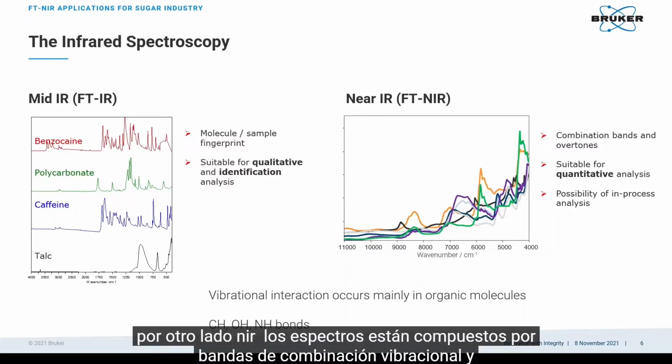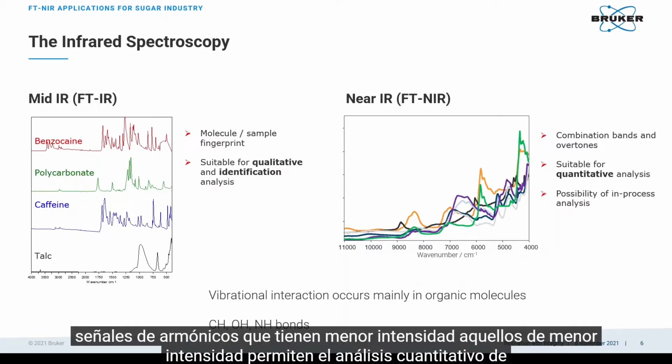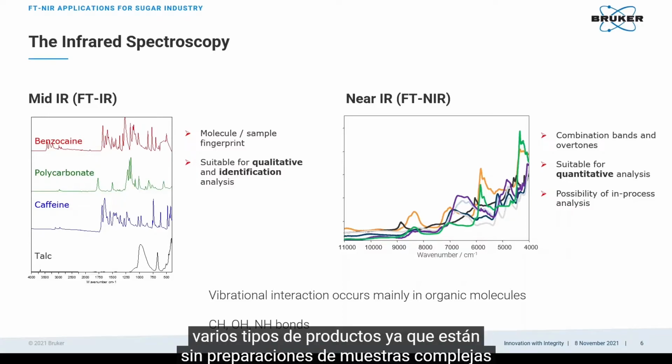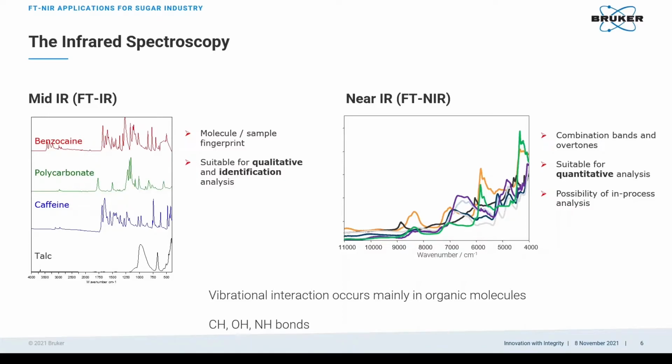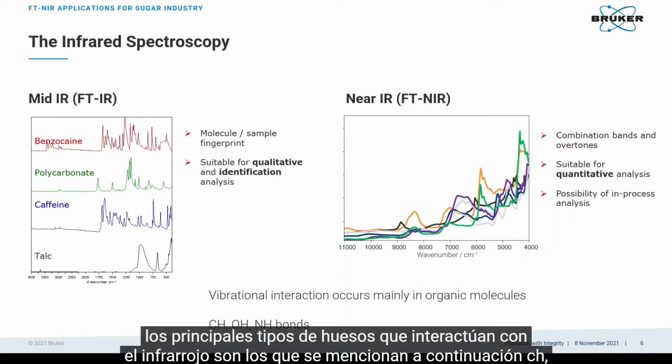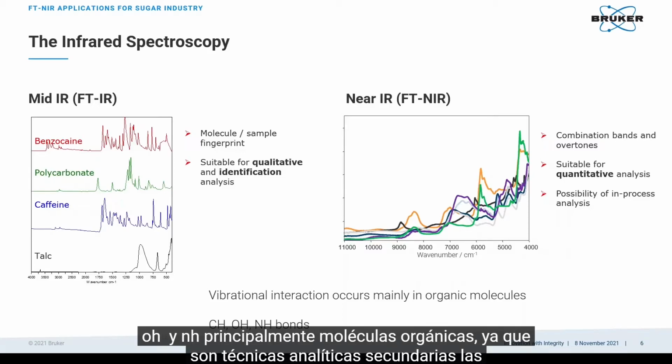On the other hand, NIR spectra are composed of vibrational combination bands and overtones, signals that have lower intensity. This lower intensity enables the quantitative analysis of various types of products as they are, without complex sample preparation. The main types of bonds that interact with the infrared are CH, OH, and NH, mainly in organic